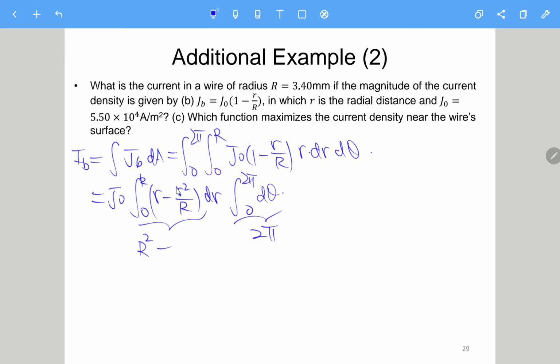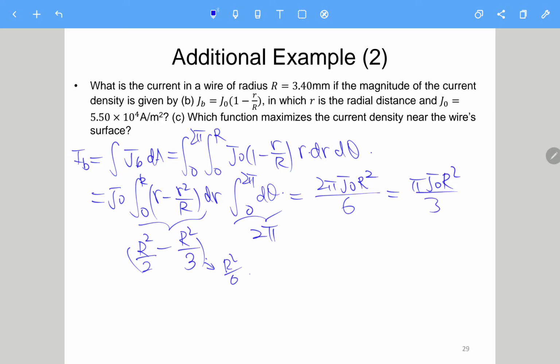This one, the integration of r squared is r cubed over 3, over capital R. So it will be R squared over 3. So this one becomes R squared over 6. So the answer will be 2 pi J0 R squared over 6, which is pi J0 R squared over 3. And then we can just plug in all the numbers to find the answer to be 0.6678